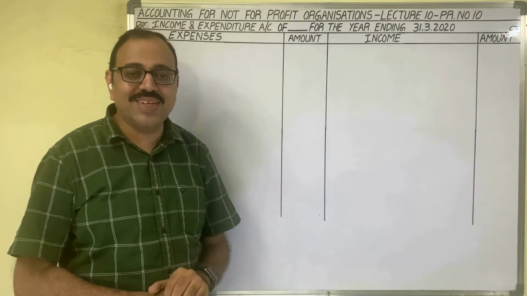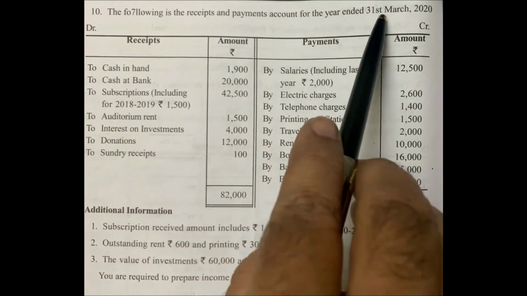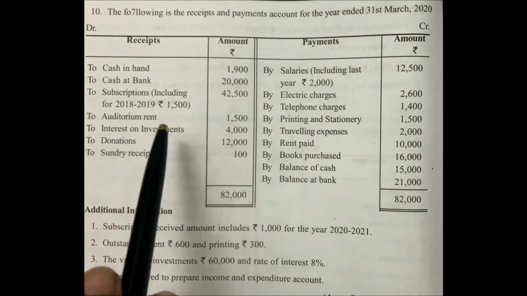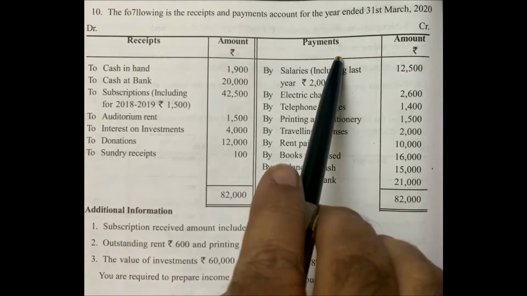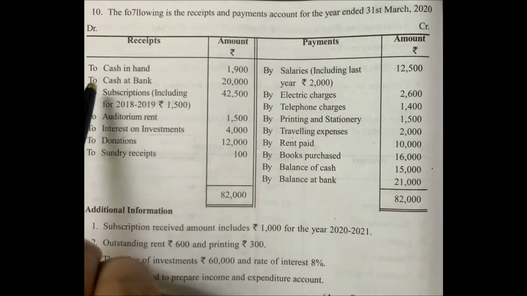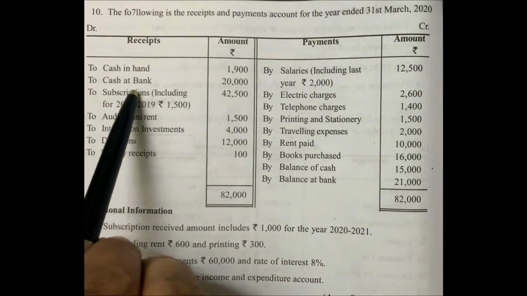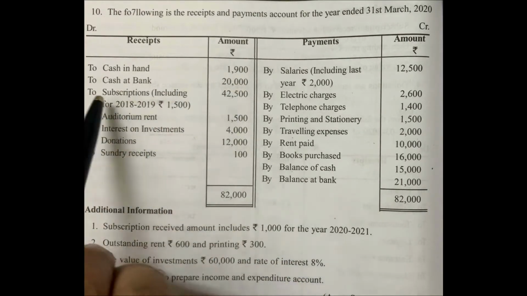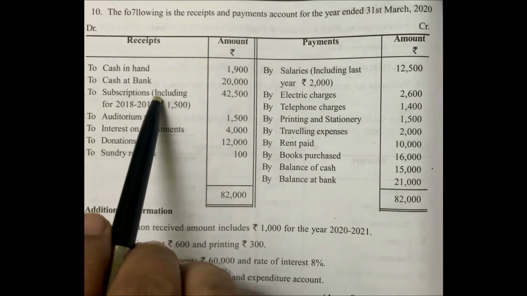Let us see the question first. The following is the receipts and payments account for the year ended 31st March 2020. This is the receipts and payments account. Debit side receipts, credit side payments. On the receipt side, to cash in hand 1900 rupees, to cash at bank 20,000 rupees, to subscriptions 42,500 in brackets